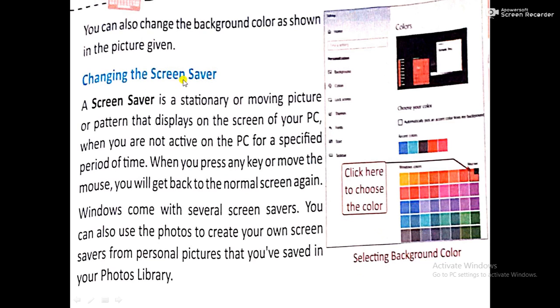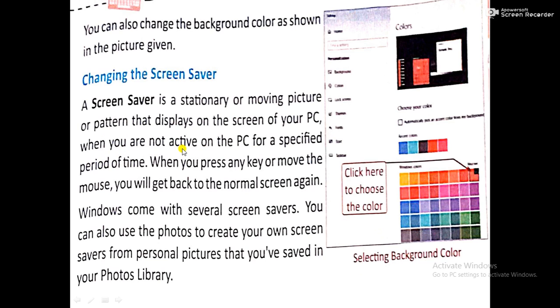Next is changing the screensaver. A screensaver is a stationary or moving picture or pattern that displays on the screen of your PC. It is a moving picture or pattern which moves on the screen when you are not active on the PC for a specified period of time.